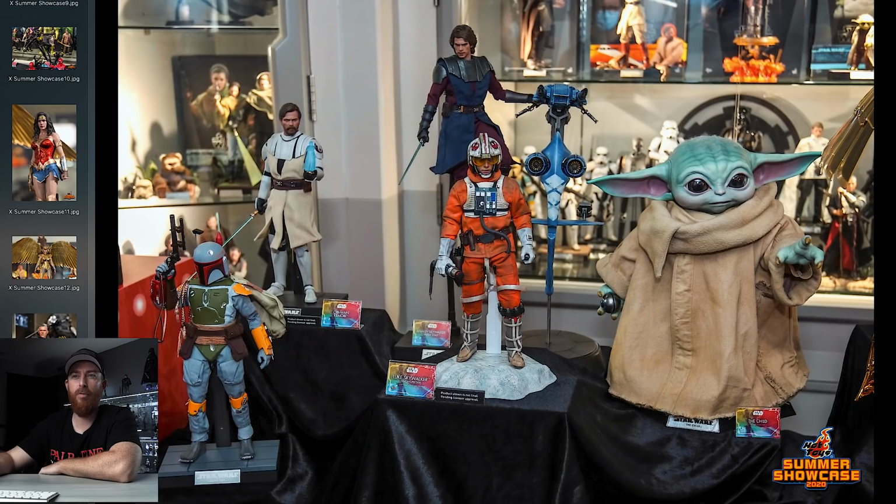And here's some Star Wars stuff. There's your vintage Fett. There's Obi in the back, Anakin in the STAP. Then we got Luke, and then the Hot Toys Baby Yoda there, which is a cool figure, although I'm still picking up the Sideshow statue instead. For right now, I think I'm going to hold on to that one and hit pause on the Hot Toys